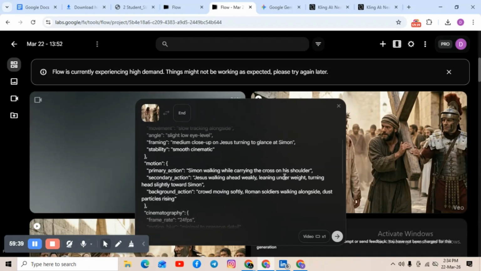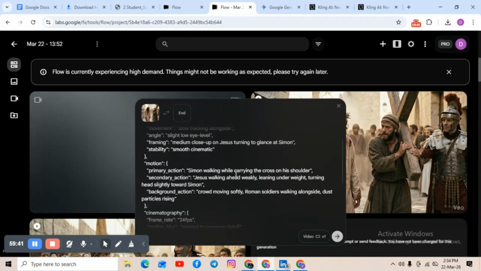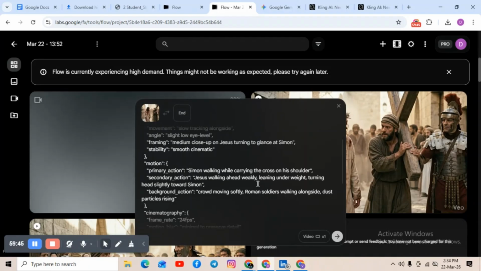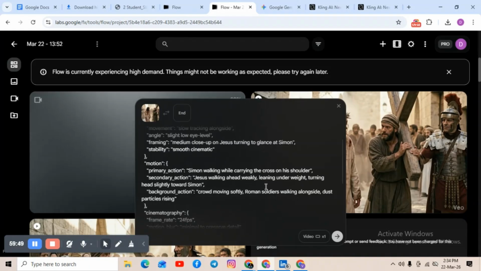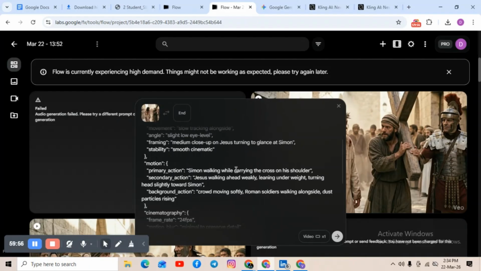Simon walking while carrying the cross on his shoulder. Jesus walking ahead weakly, leaning under, with turning head slightly toward Simon. Okay, let me say Simon